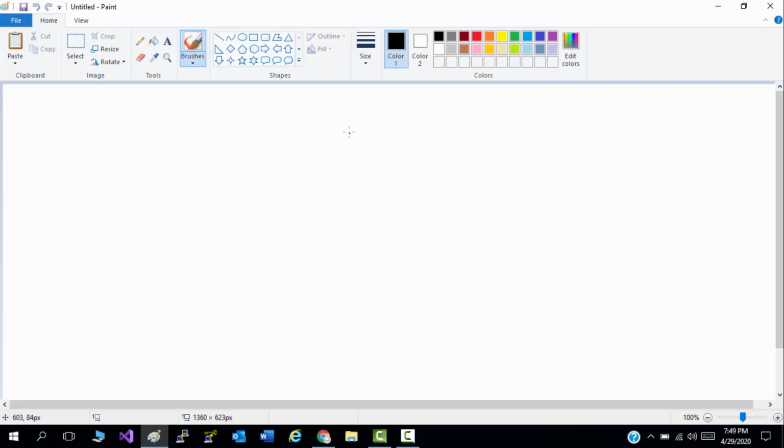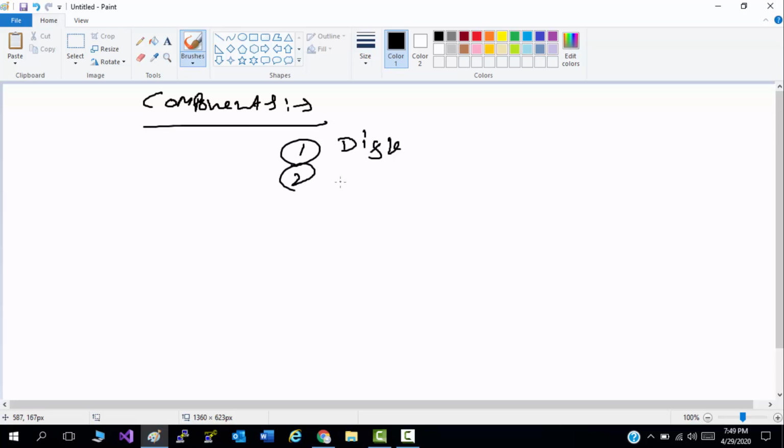Now let's discuss the components which you will use in your VM. Number 1, disk. Number 2, images. Number 3, networks.